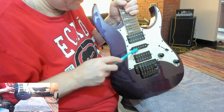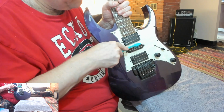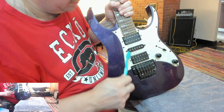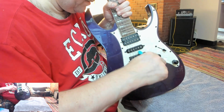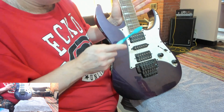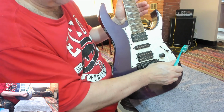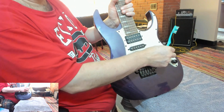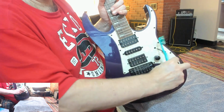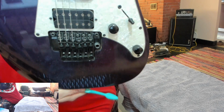So we've got some schmutz here on the front of the pickups. I'll have to get to that at a later point. Again, pickups appear to be all in working order. Strings, everything works. Heck, the plastic is still on the pick guard because there's still a little bit of plastic sticking out there. So anyways,